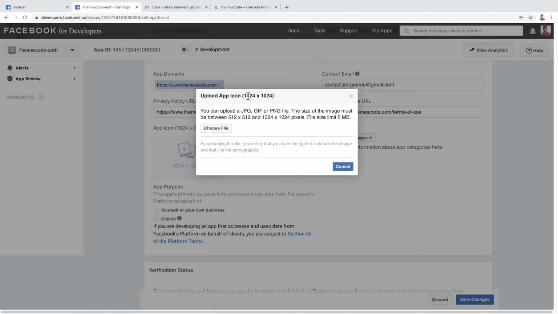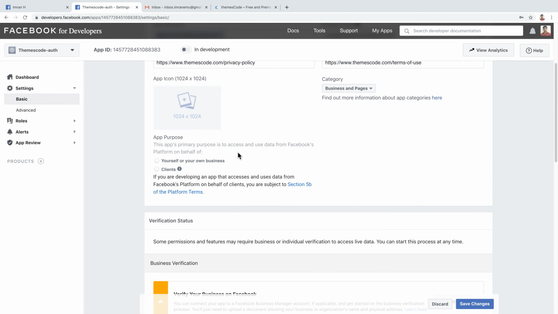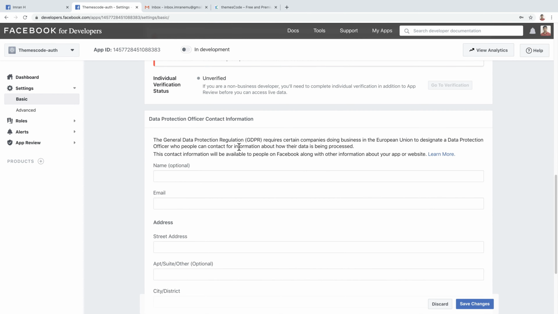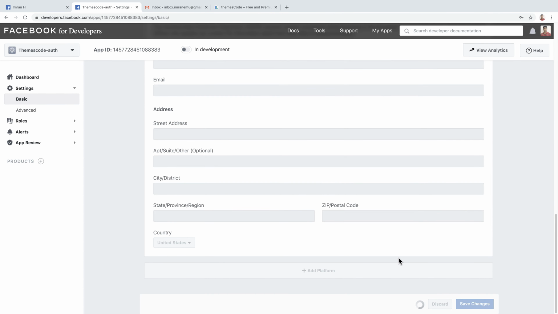Okay, the dimension should be 1024 by 1024. It's a large image. I couldn't add it right now. I'm sorry for that, but I'm almost done. Just click here, hit save changes.